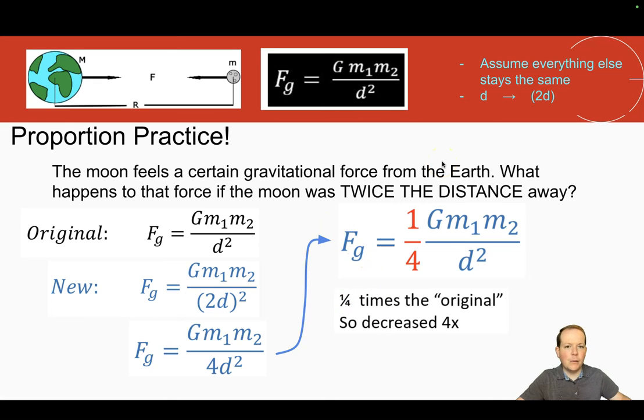So maybe this problem isn't as difficult as the Kepler's third law problem, but we have to keep track of both if things are in the denominator and also in this equation there is an exponent, at least in one of the terms. But again, what's our process? We write out the original, we put in the change, we do a little algebra simplifying, and then you really just try to look at what's different. Look at the original, what's different in our new version, and that's what the answer is for how the thing is changing, okay?